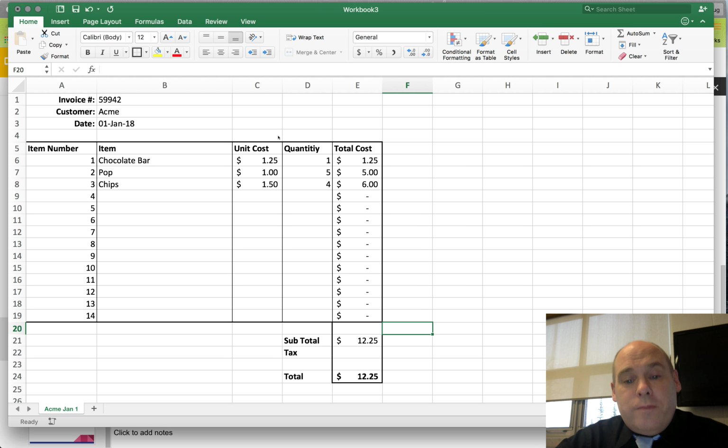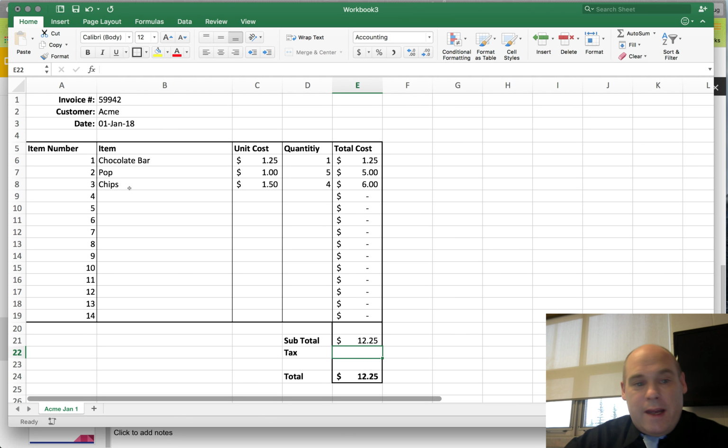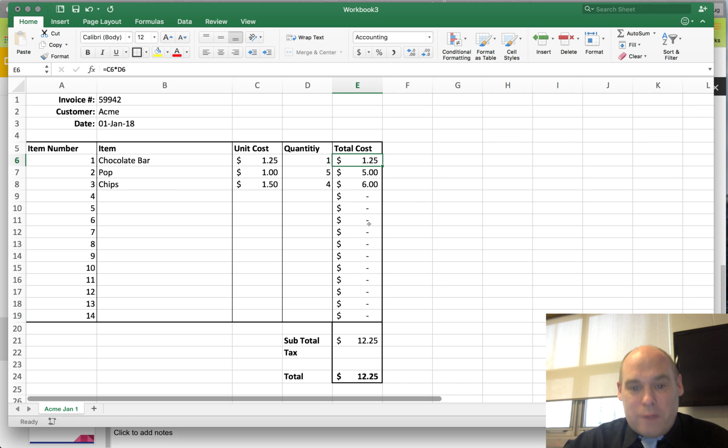Now in this example, we're looking again at our invoice, but I want to be able to calculate the tax. So I have a calculation here. I've got chocolate bar, pop and chips, again for $1.25, $1, and 1.5. I've got some very simple formulas in here in the format of simply multiplying C6 times D6, or C7 times D7. And then finally the subtotal, which is a sum calculation going from the top to the